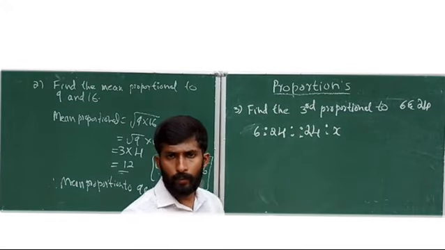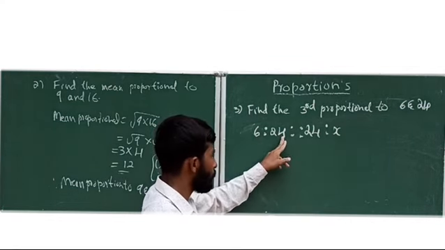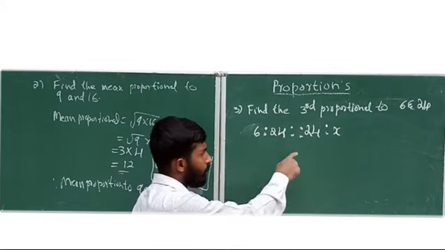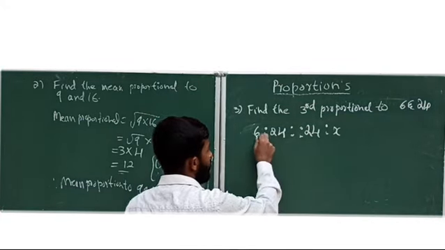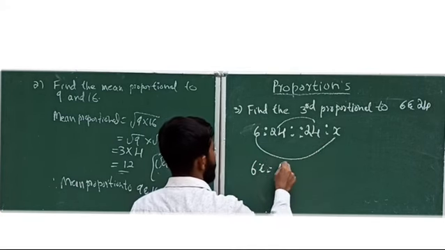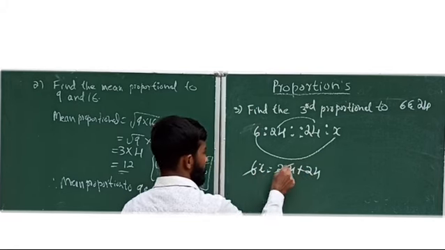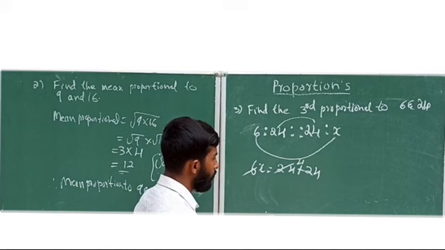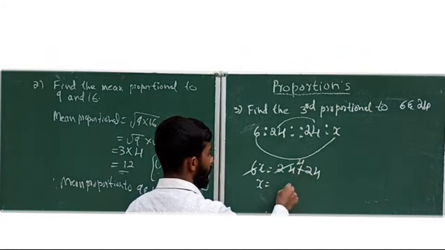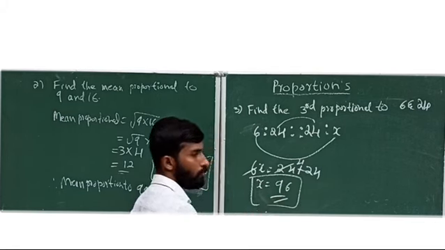Remember, whenever the question is third proportional, you need to write it as A is to B proportional to B is to C. Proportion is given, two ratios are equal, means product AD 6x is equal to BC 24 into 24. Now see, 6 ones are 6, 4s are 24. Now x is equal to 24 into 4. If you multiply, here you will get 96. Therefore, x value is equal to 96.